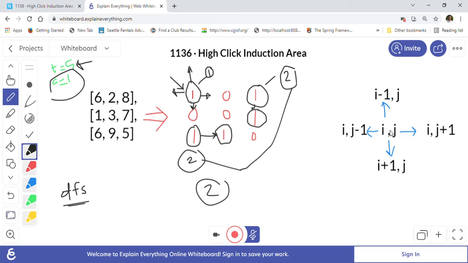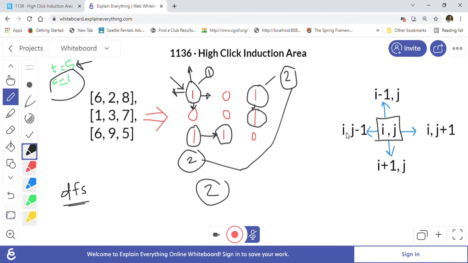And this is how I just created it for your understanding. If we are doing DFS, then we will go in this fashion: upward cell, downward cell, right and left. So if our cell is ij, then if you go upward, it becomes i minus 1, j. If you go bottom, then it will be i plus 1, j because it's the next row.